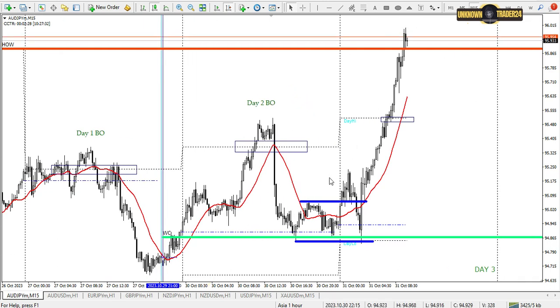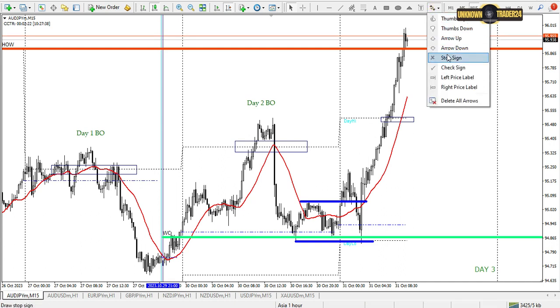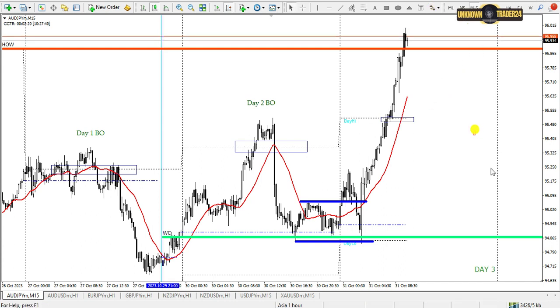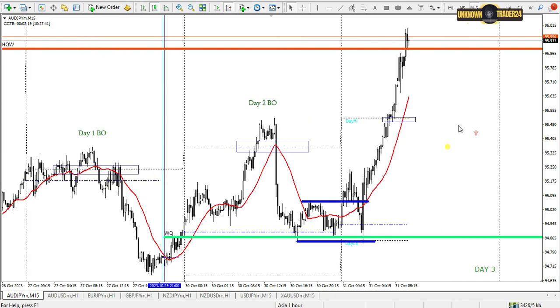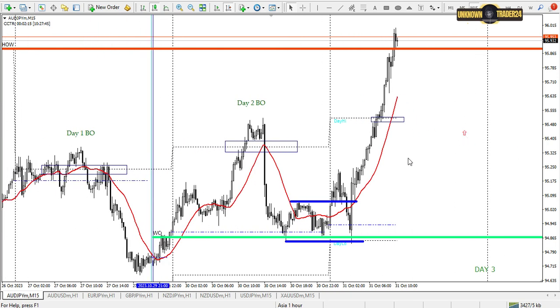And then once I get something like this, because I know we might get it on day 3, I just come and put an arrow to show that, okay, on this day I'm expecting this kind of direction. Okay, actually I will start posting today. I'm going to start posting